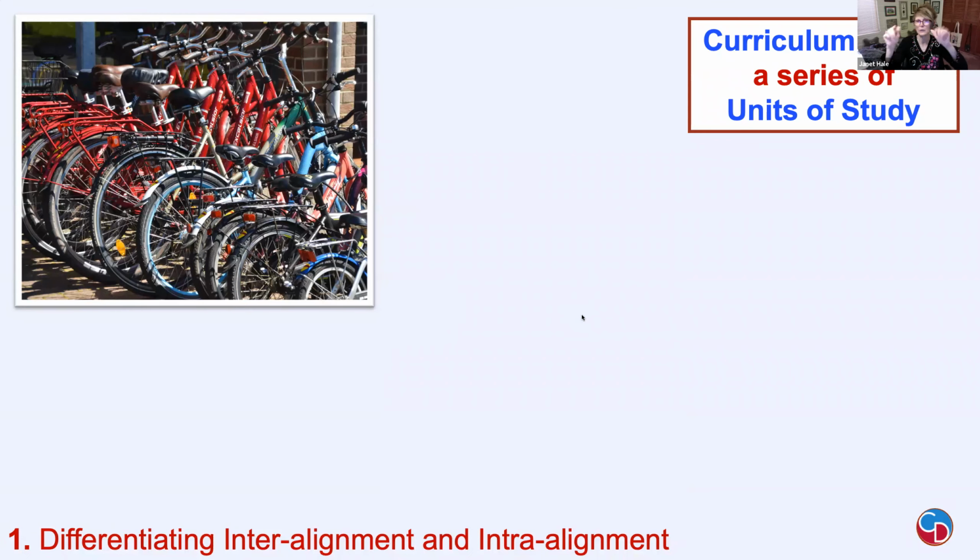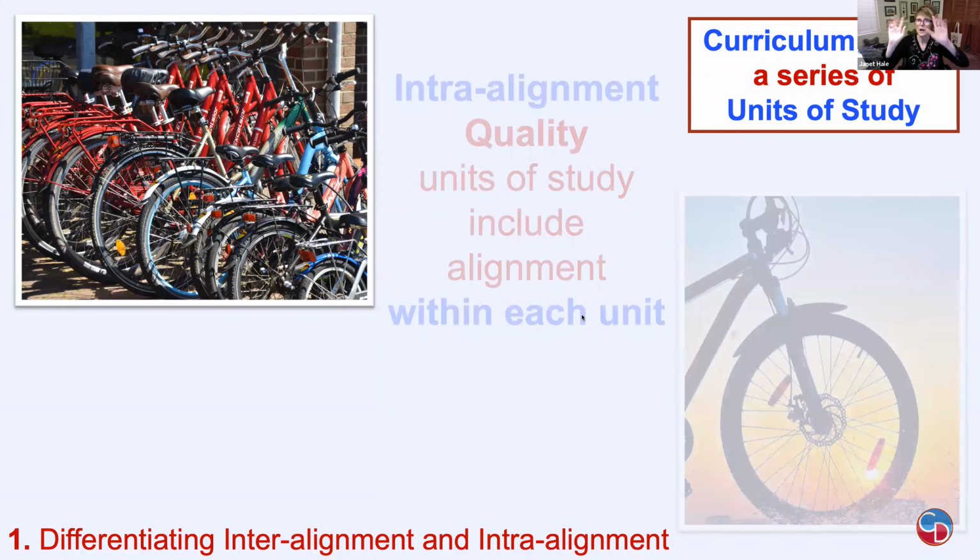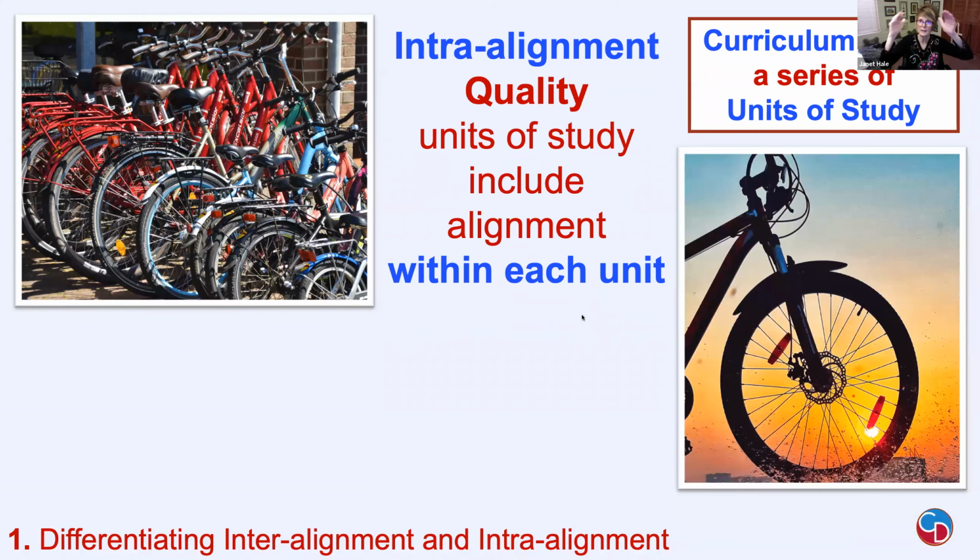If you want to just click it real quick for what's on here. Okay. A curriculum map, everyone, is this idea of the path run in small steps. Remember that means curriculum. So a curriculum map is one course, could be one year, could be a semester, but it's a series of units of study that are in that course or grade level. So the intra-alignment is the quality unit of study within each one.